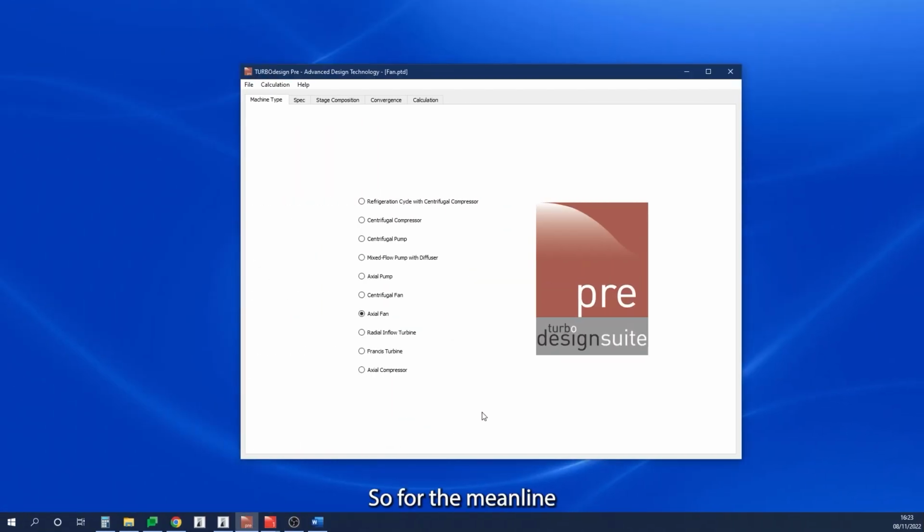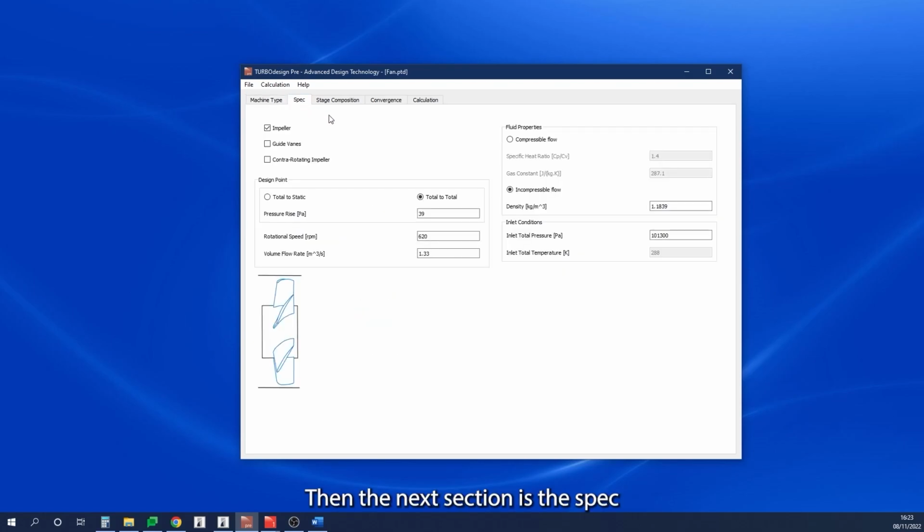So for the mainline design of the fan in TURBOdesign Pre, we start by selecting the machine type, which is axial fan in this case. Then the next section is the specs tab, and here select the impeller component because we have the isolated rotor,